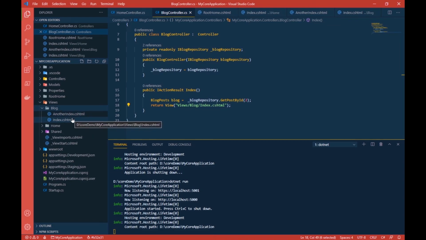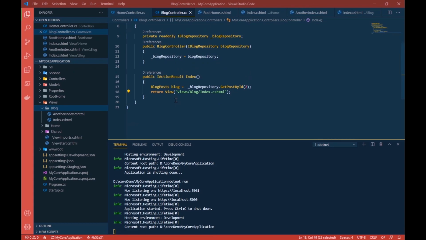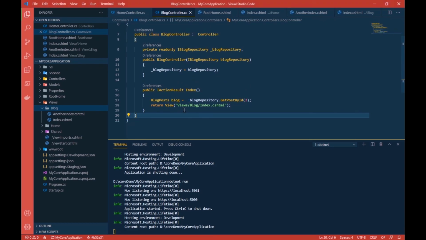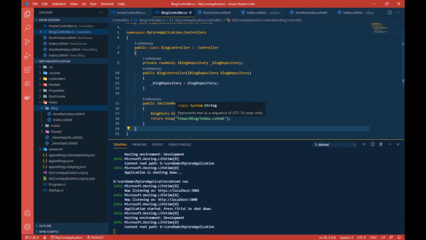So these are the different ways using which you can return your views, and then you can make your views also. Okay, now this was all about views and how can we discover views. Okay, and I have tried to keep this video very small, and now you'll see we are yet to pass data to these views, and to discuss that I'll take another video because this is getting really long.